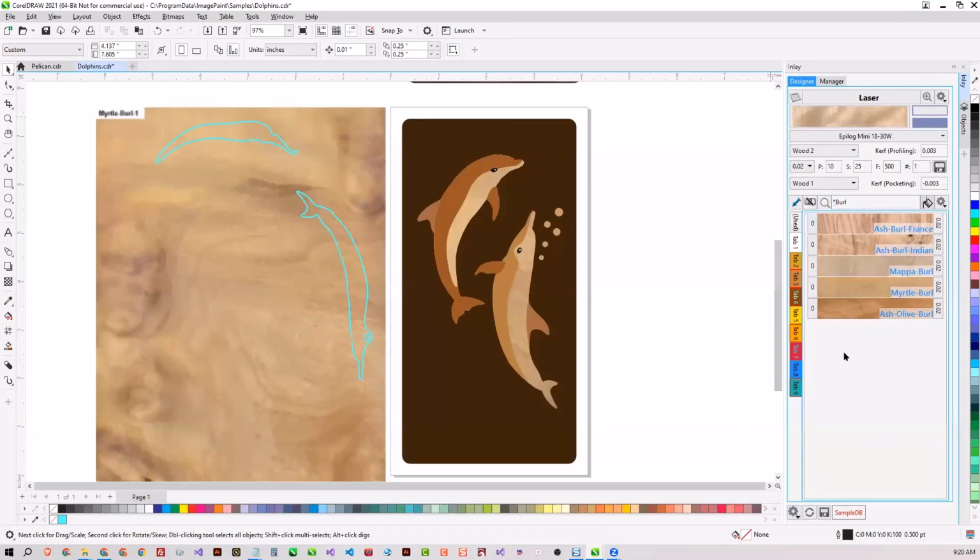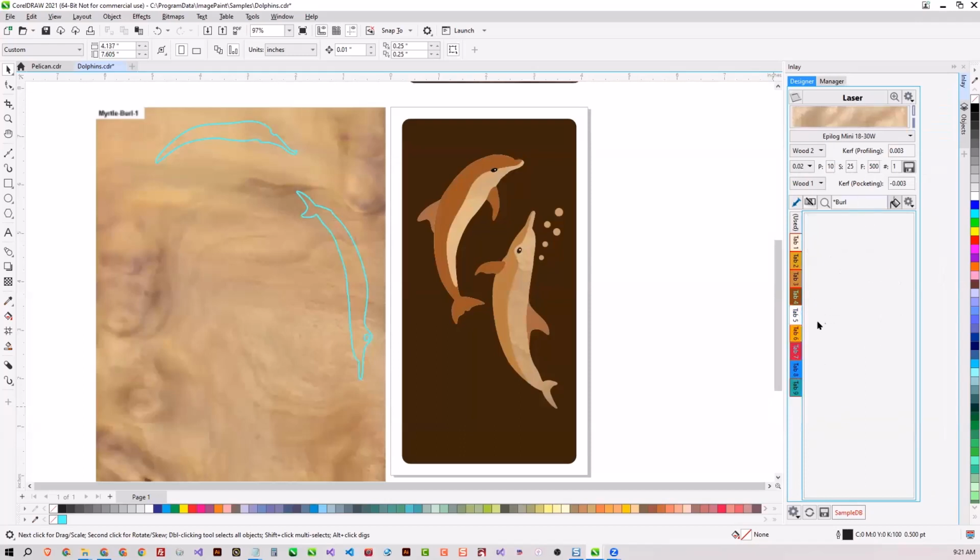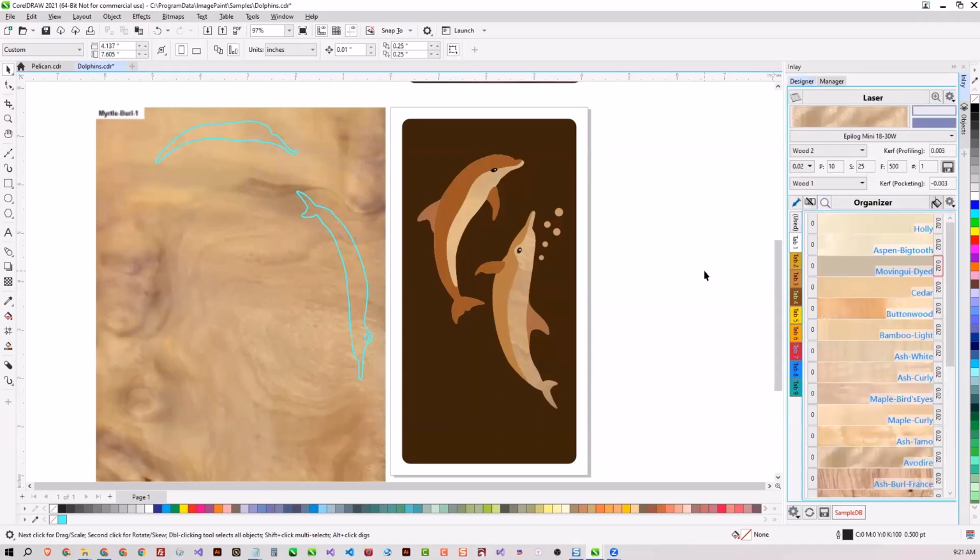When you look at this, it searches for everything burl, and it displays the first tab that contains the results, and the other tabs that contain results will be highlighted in red. So you see tab 3 also has burl. And if you look down here, tab 9, I believe, also has burl. The other tabs do not have burl, and they will be blanked out. If you close the search window, it comes back to normal. That's a feature that I like a lot, because it localizes to the organizer tab and the manager tab.